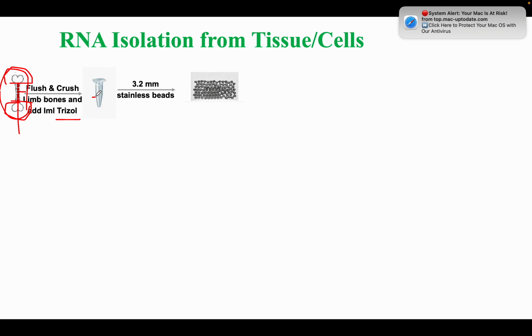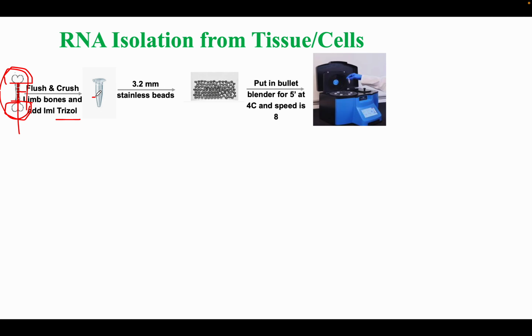I will add 3.2 millimeter stainless steel beads and put this tube in the bullet blender and adjust the bullet blender at speed 8 at 4 degrees centigrade for 5 minutes, so that the bullet blender physically crushes the bones plus the trizol will lyse the cells. After that, I will take out the tube and I will put 200 microliter, not milliliter, 200